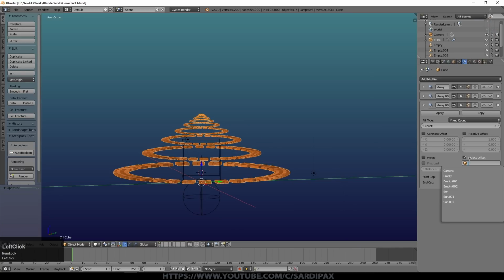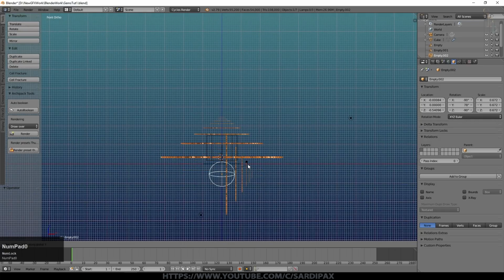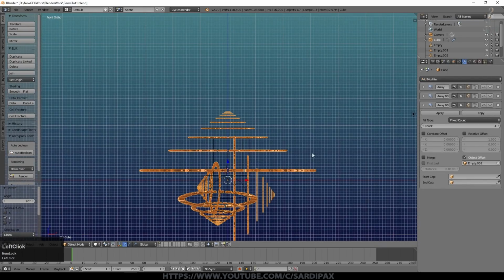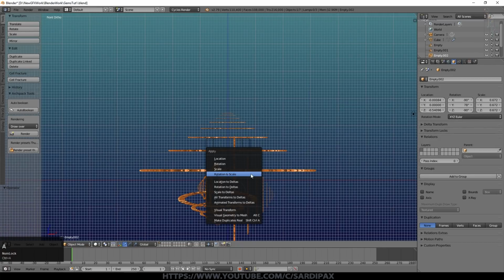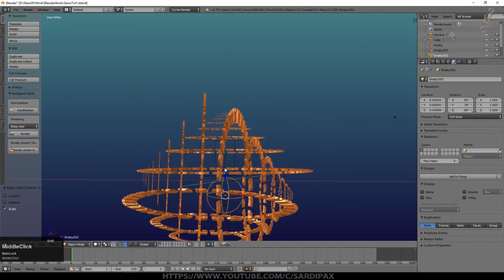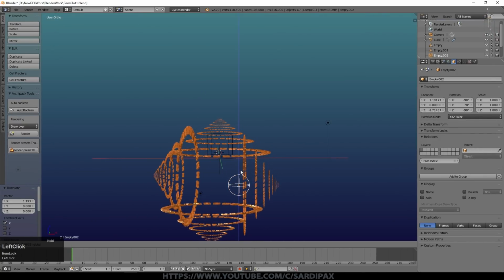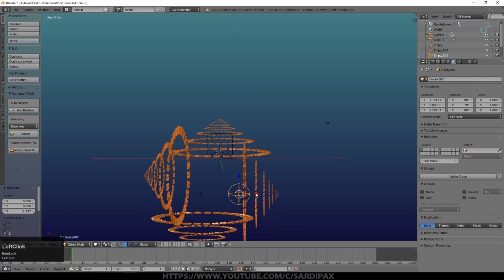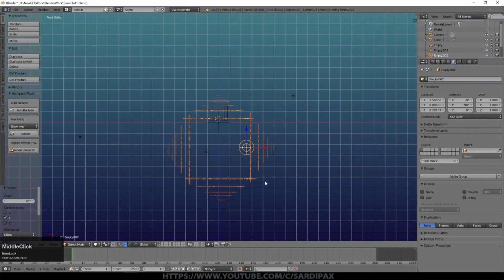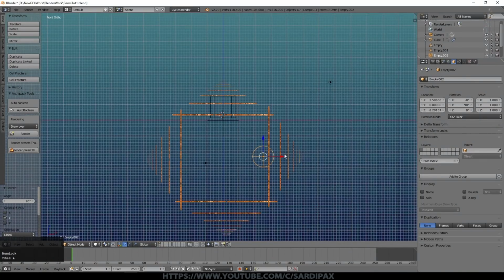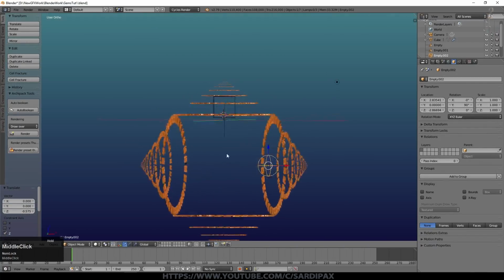I then select my empty O2, and I'm going to give that a rotation, rotate Y 90, and we'll give it 2 more objects. Now we notice we've got a scale issue here, so I'm just going to apply the scale to that object, and I'm just moving that empty around just to get the sort of shape I'm looking for. Make sure you apply any rotations if you're going to copy other shapes, otherwise you might get a few issues like that. So something like that is the shape that I ended up with.